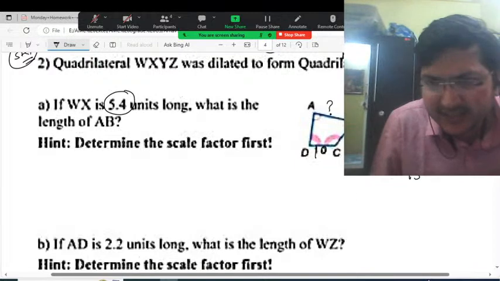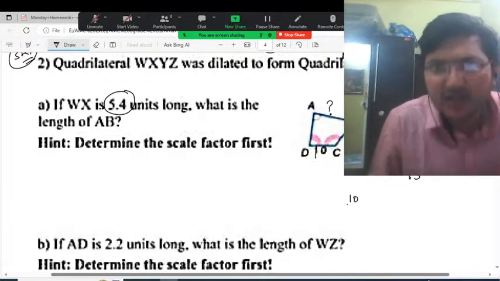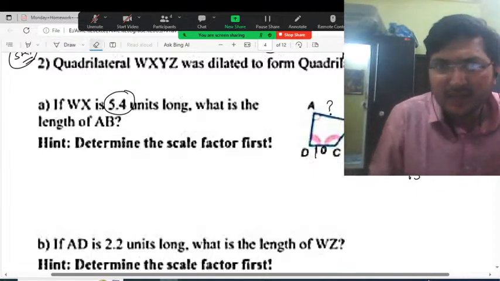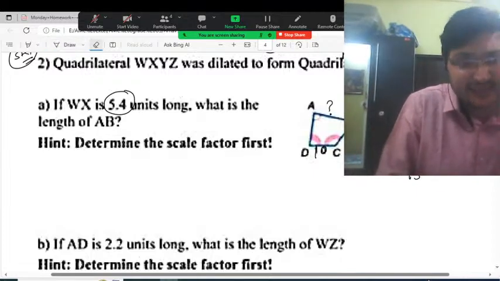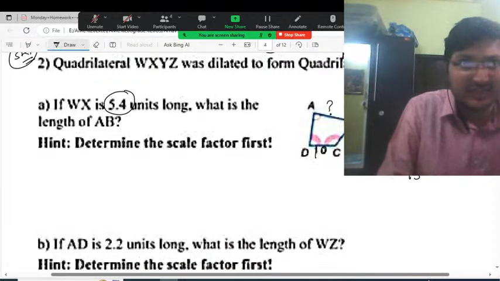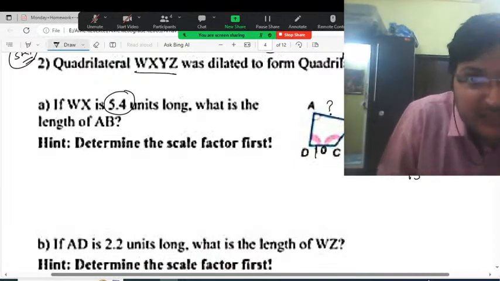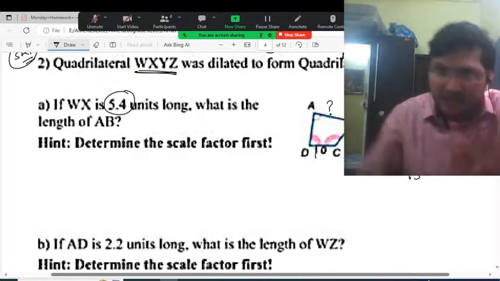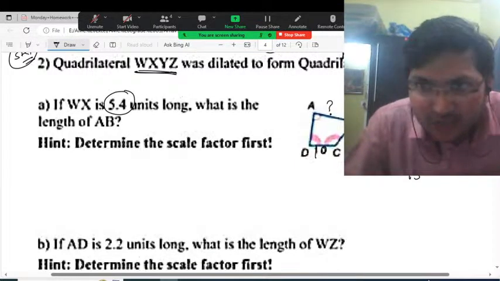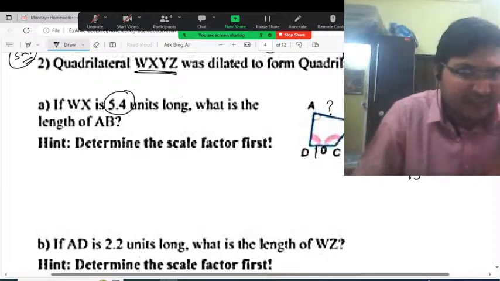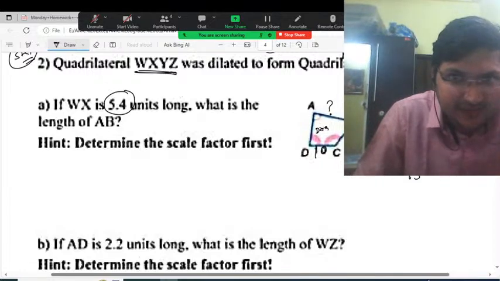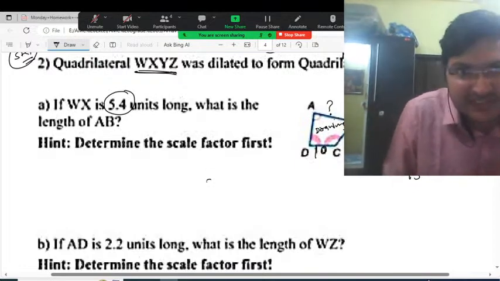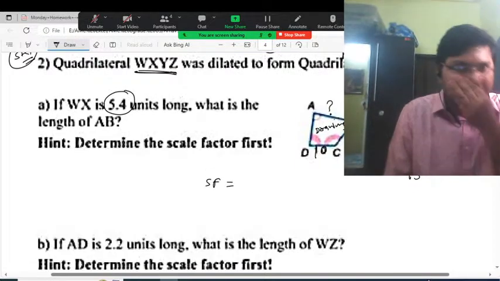What is given in the question is very interesting. If they are dilated, they must be similar. Do remember that. WXYZ was dilated to form ABCD. Which was dilated? WXYZ, that means it is the object, and the obtained figure here is the drawing. Okay, that means if we want a scale factor, we need to take